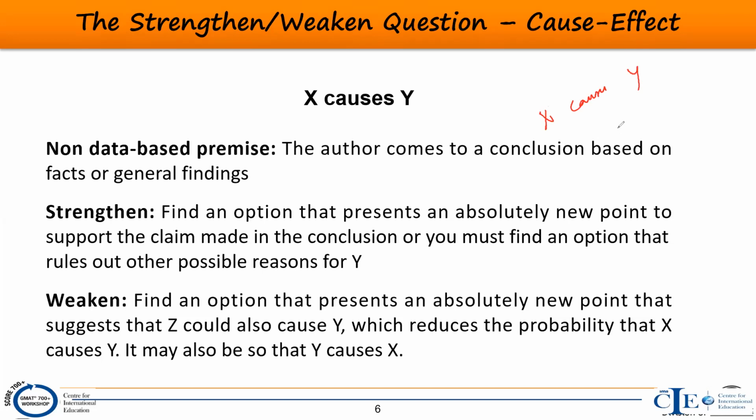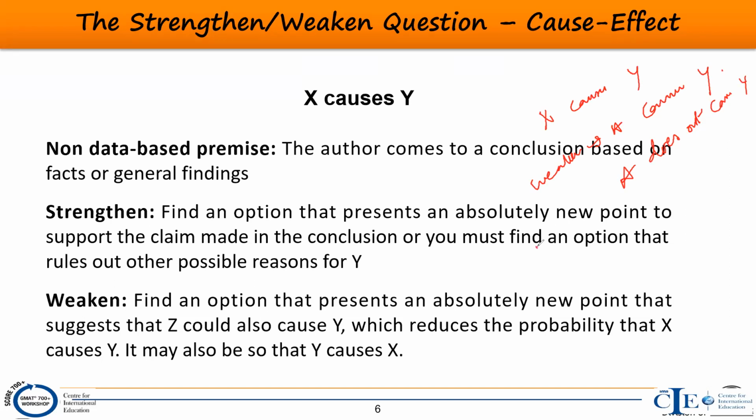Now, if I say A causes Y, then it weakens the original statements. This is weakening, is it not? Because you are giving an alternate factor for the same result. Now, if I say A does not cause Y, then it strengthens, because you are ruling out the alternate factor. A does not cause Y strengthens X causes Y.